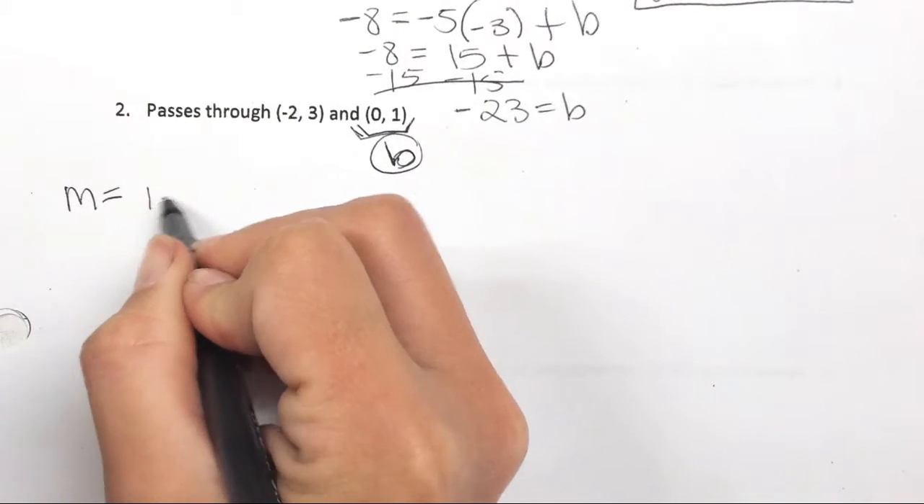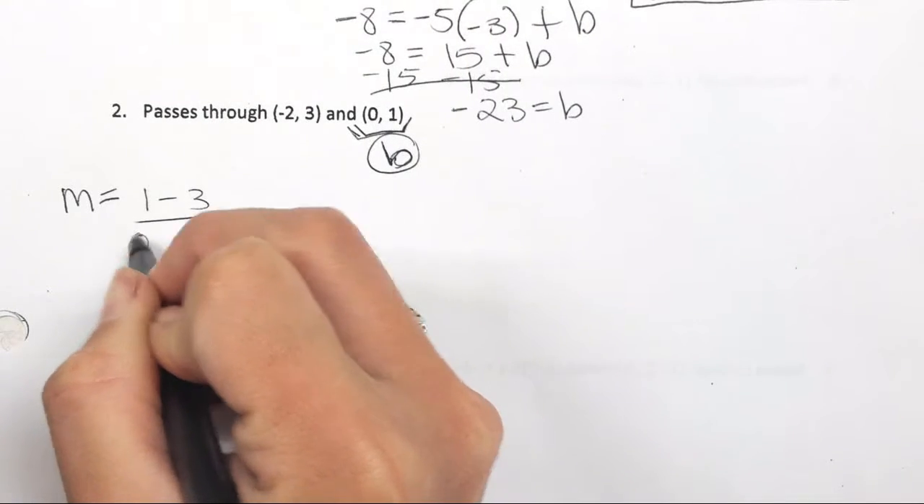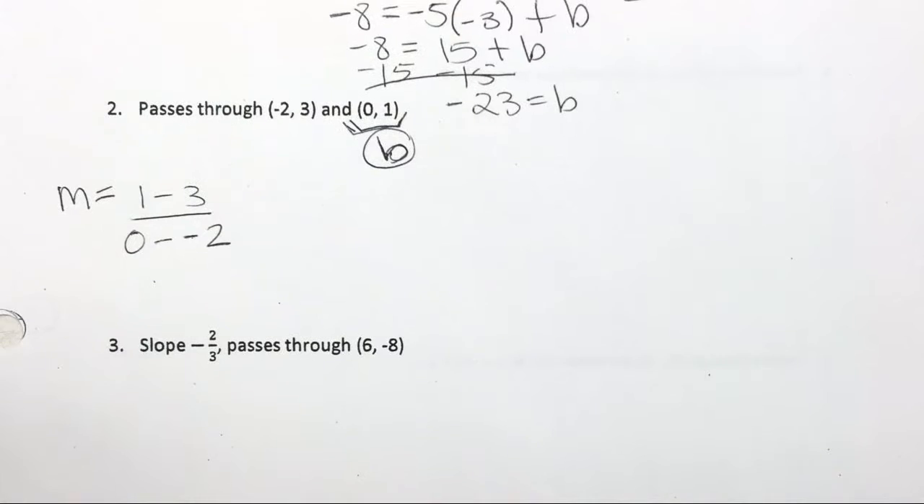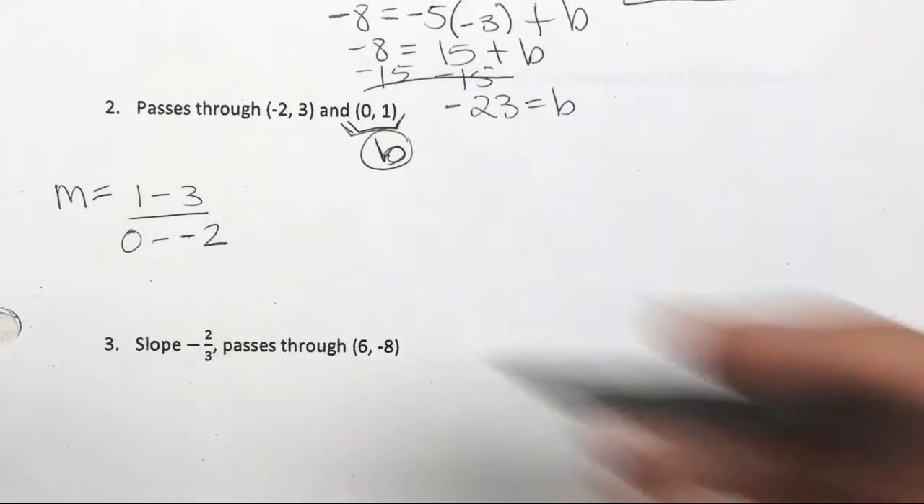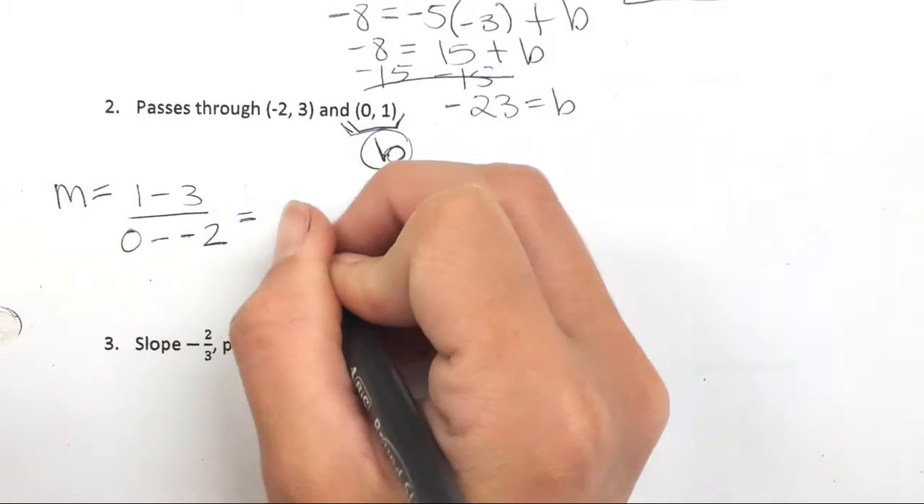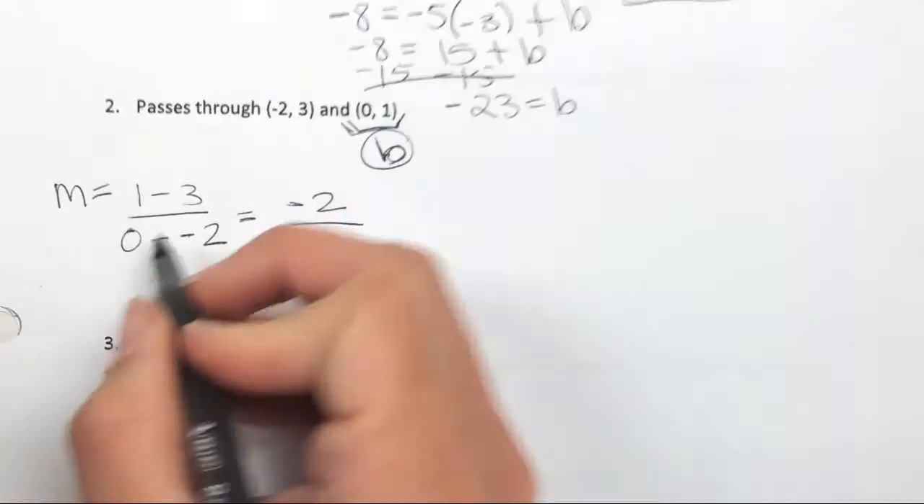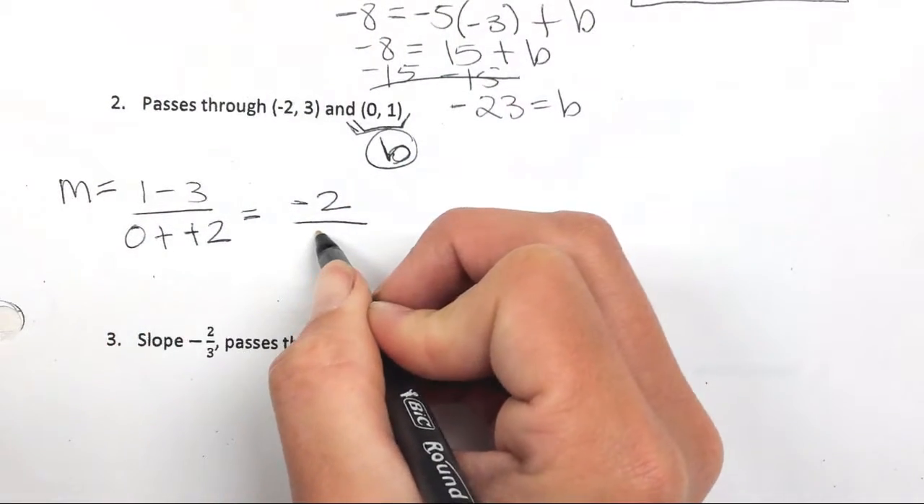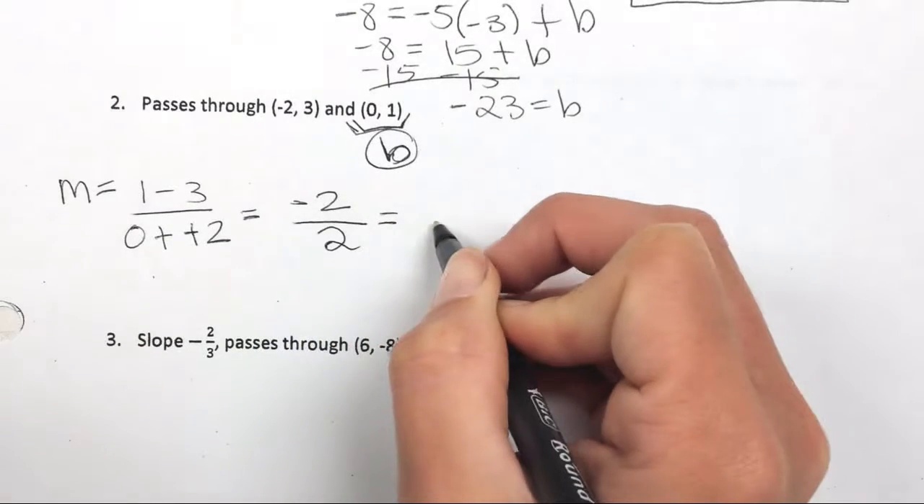1 minus 3 over 0 minus negative 2. Good. And that's the slope formula. Again, it's y2 minus y1 over x2 minus x1. If y'all remember that. So on top, what's 1 minus 3? On bottom, we have to do what? Keep change. And it's going to be what on bottom? So my slope is